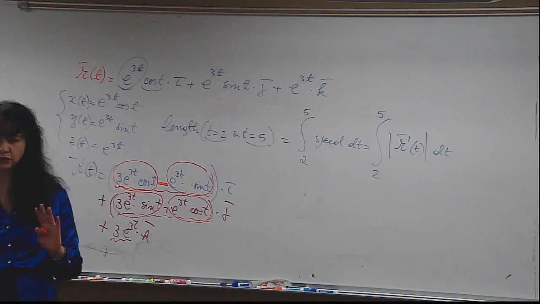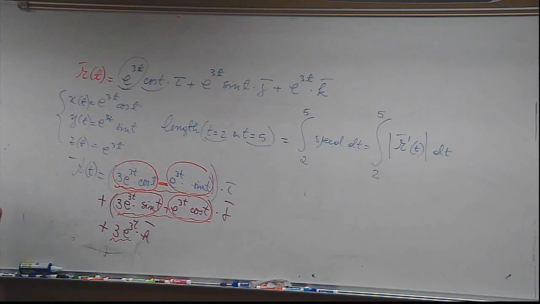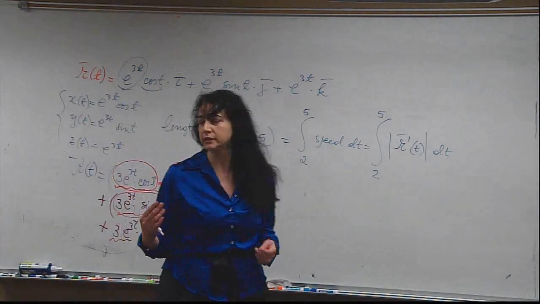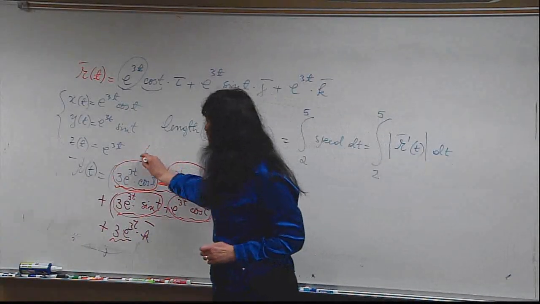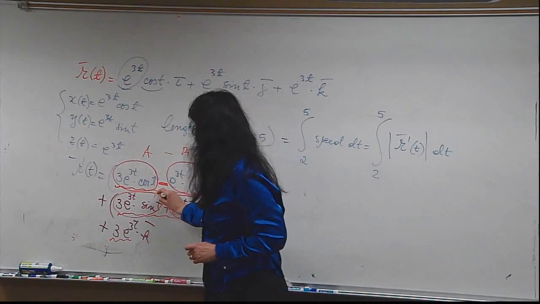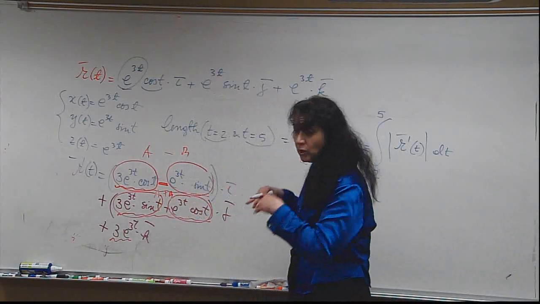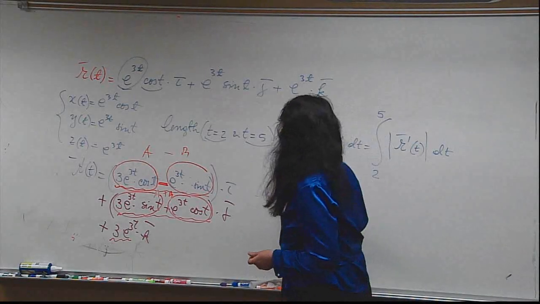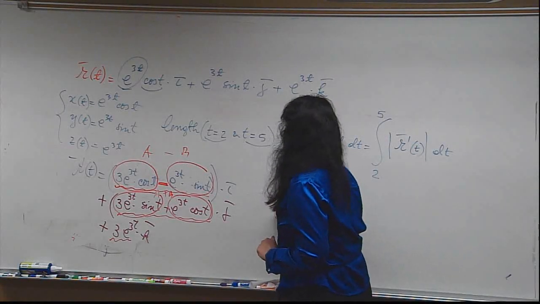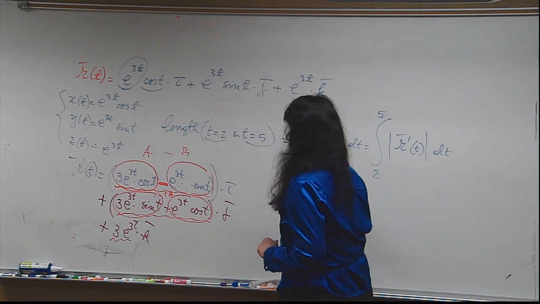All we hope for is to get a few steps behind that board, then see a pattern. And when you do that, you see the pattern. This is an A minus B, and that's an A plus B. And then you say, okay, if I'm going to square them, what's going to happen? When you square an A minus B, and you square an A plus B, and you have this